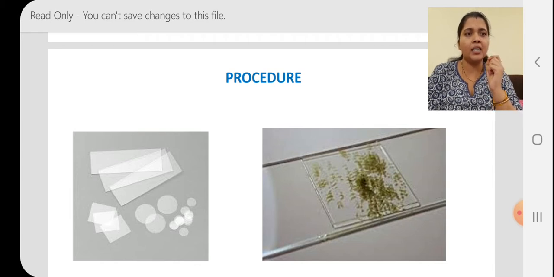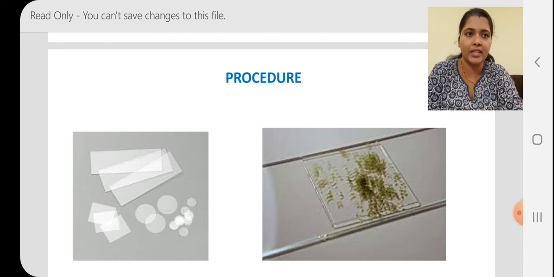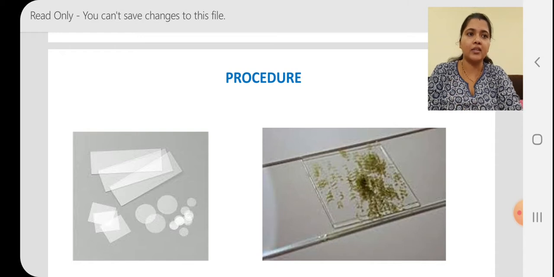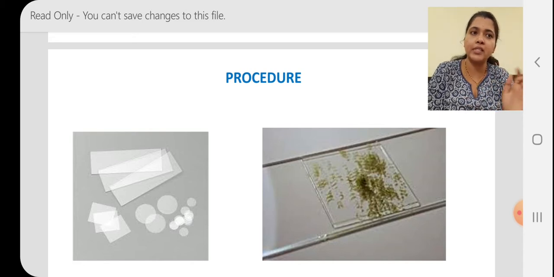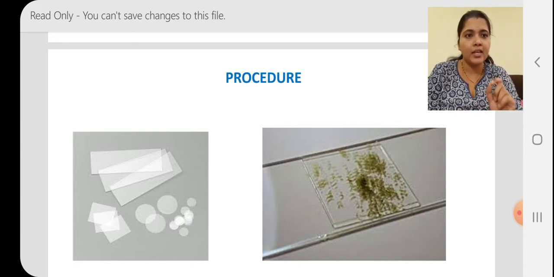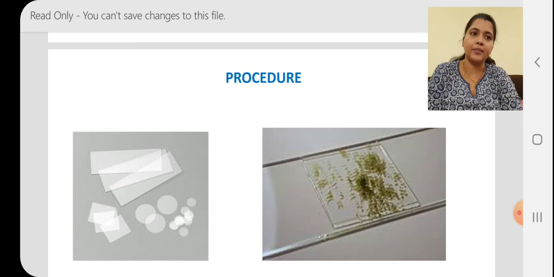Take a little part of the spoiled coconut or vegetable, not both, only one variety, and keep it on a slide. If you want to do another variety like spoiled vegetable, you take another slide for that. Don't mix all the spoiled things at a time. For coconut, you take one slide. For vegetables, you take another slide. Keep that on a slide.